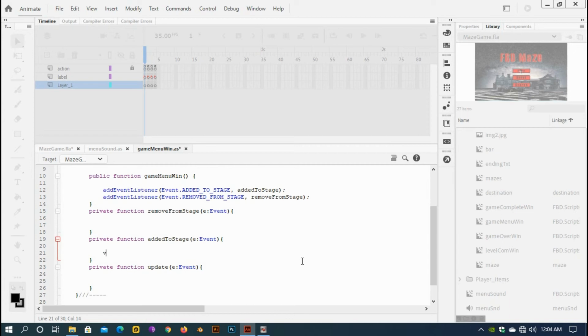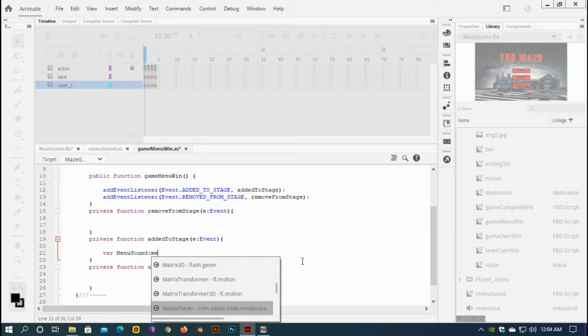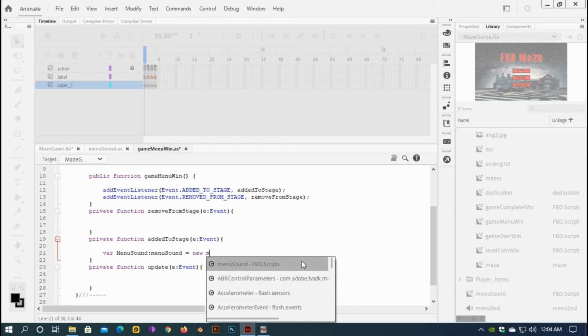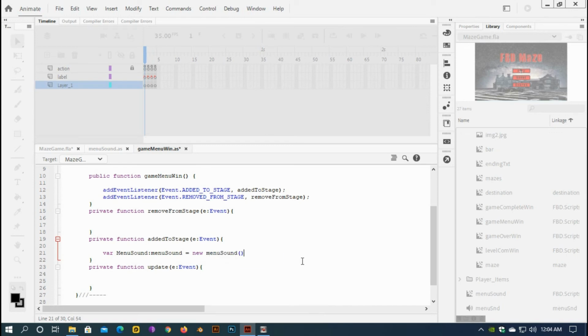So I'll type here var menuSound: MenuSound class equal to new MenuSound, and I don't need any position for this sound, so I'll type addChild(menuSound),